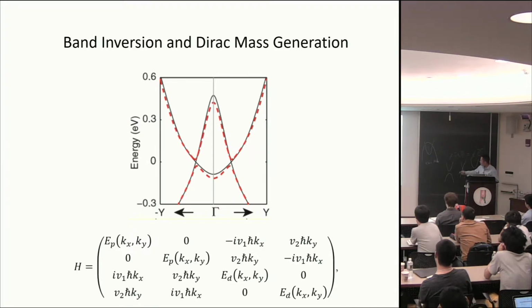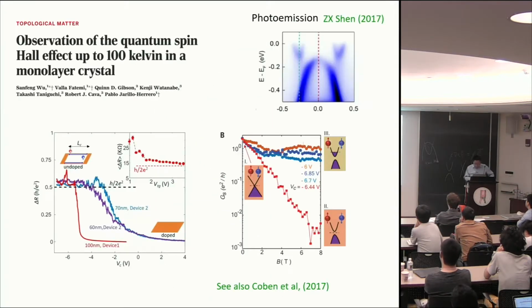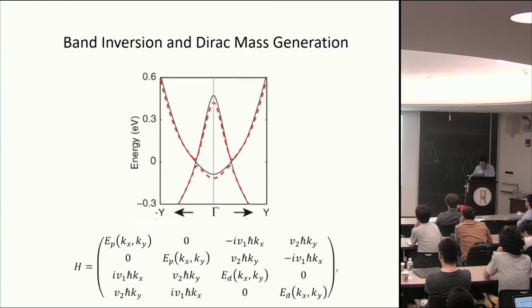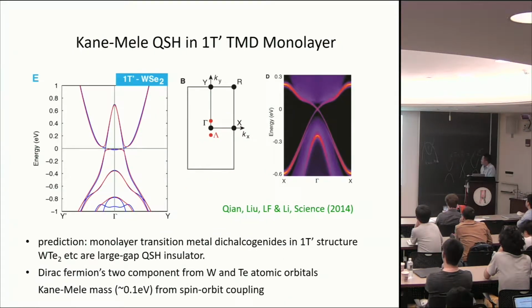When you solve this spectrum, it naturally gives you two valleys, and this V2 term, which is a spin-orbit term, when you write it in the vicinity of these Dirac points, generates masses that are opposite in sign for the two valleys and opposite for the spins. That gives you the Kane-Mele mass. So in other words, for these two different scenarios, one can understand the connection between them in this way. Okay, so back then, when we looked at this family of 1T prime